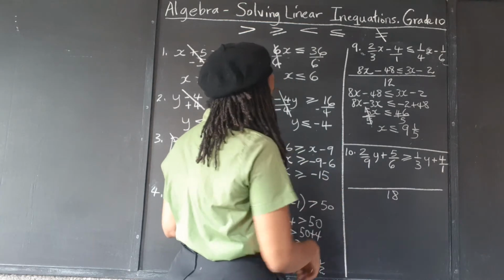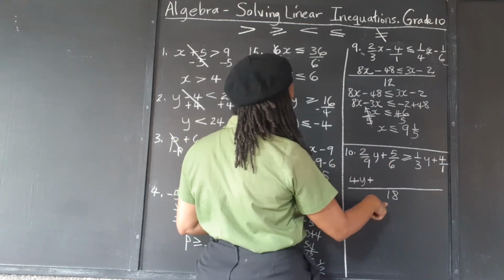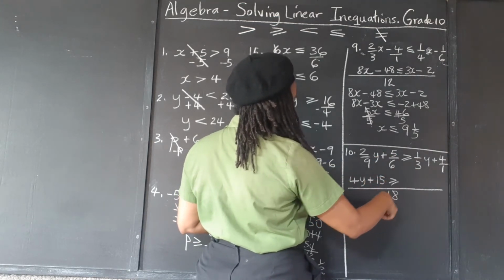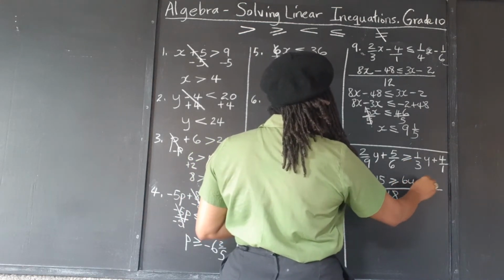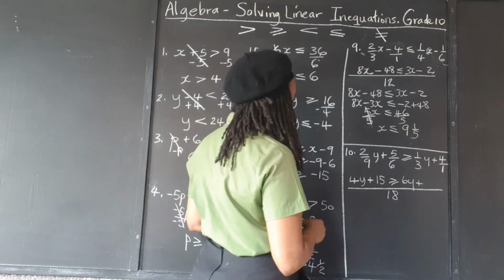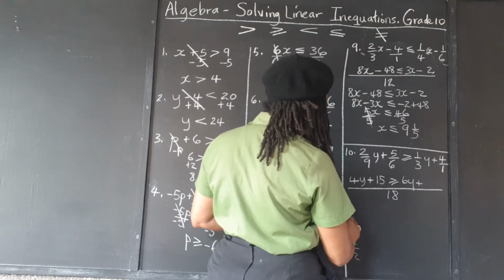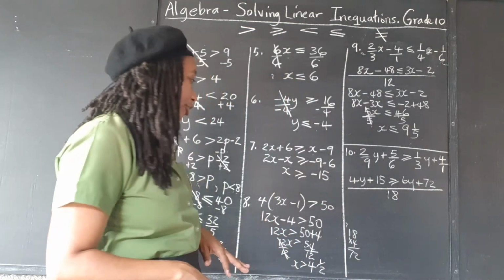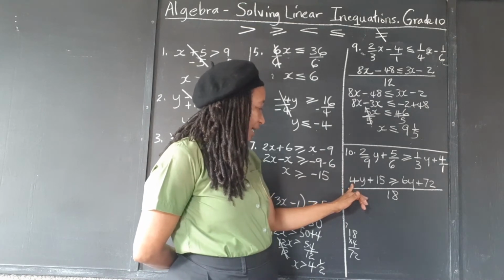9 goes into 18 2 times. 2 2s 4, y. 6 into 18 3 times. 5 3s is 15. 3 into 18 6 times, 6 1s 6, and 1 into 18 goes 18 times. 18 times 4 would give 4 8s 32, 4 1s 4. So that's 72. Now grouping our like terms, I am going to take 4y from both sides so that that